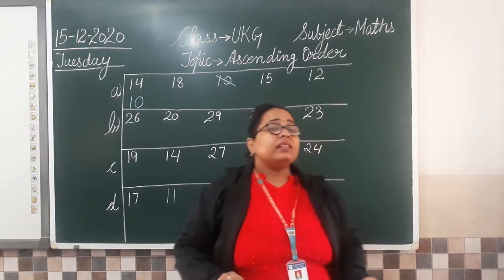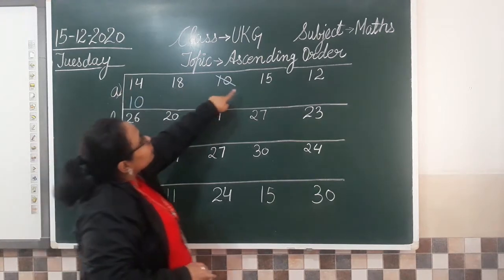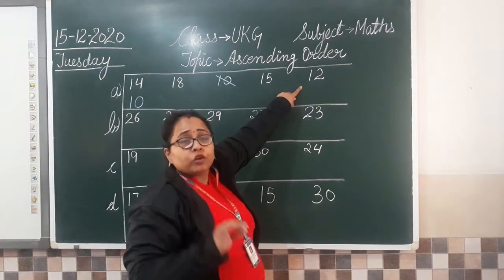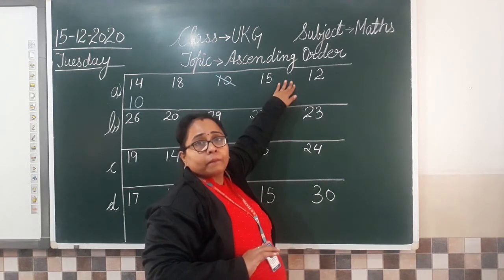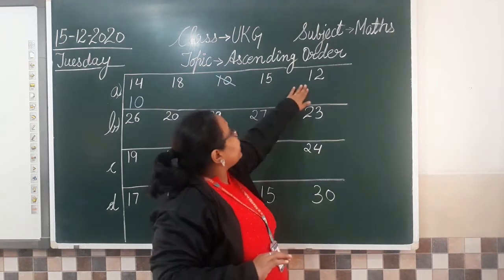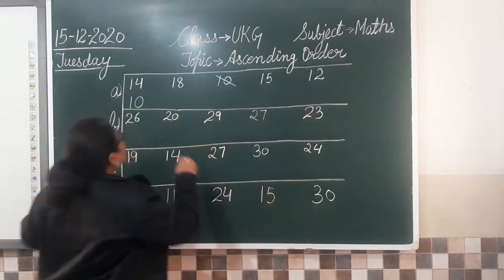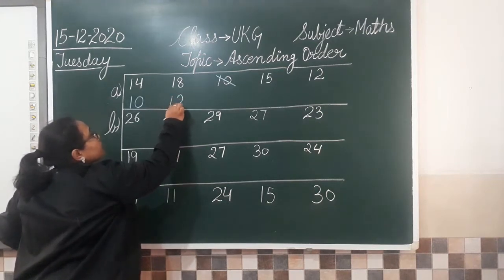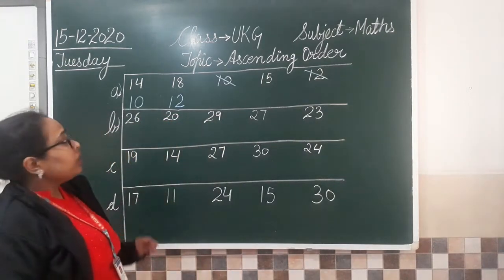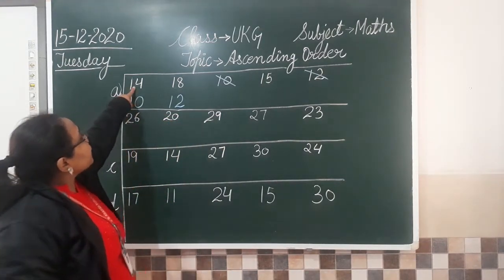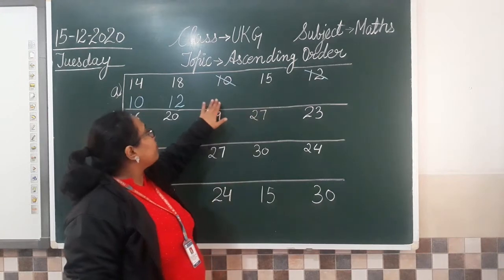Now move ahead. Let's see which is the next number we are going to write. 14, 18, 15, 12. Now these 4 numbers that are not cut, which is the smallest among them? 12 is the one. Yes. So what we will do? I'll write 12 and after that I'll cut it from here. Understood? Now next we have 14, 18 and 15. So tell me which is the number to be written now?